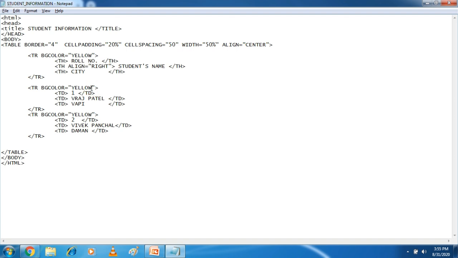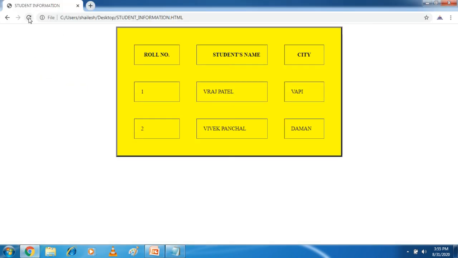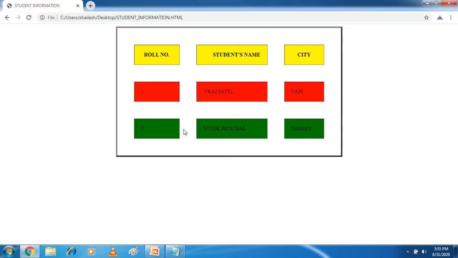Here I am writing color red and here I am writing color green. Okay student, I save it and again I refresh this page, so you can see the color which I applied on each table row, it's affected over there and we got the result here.